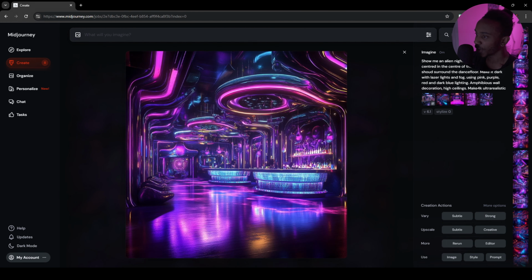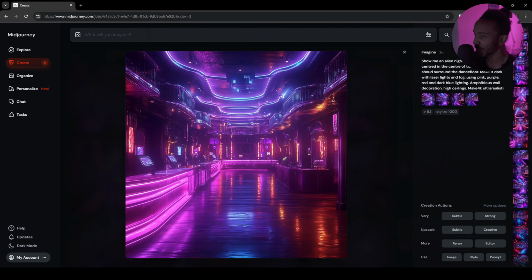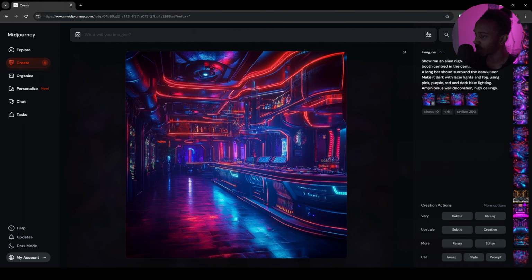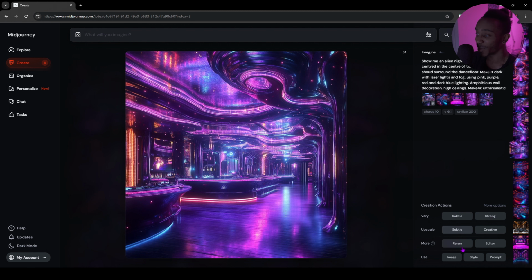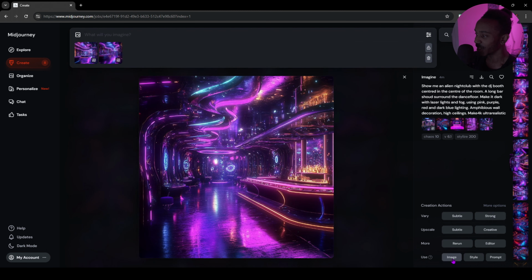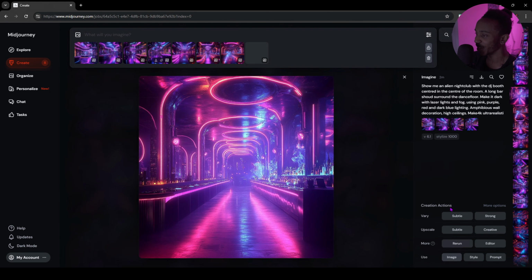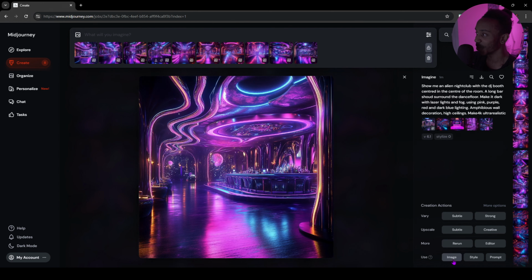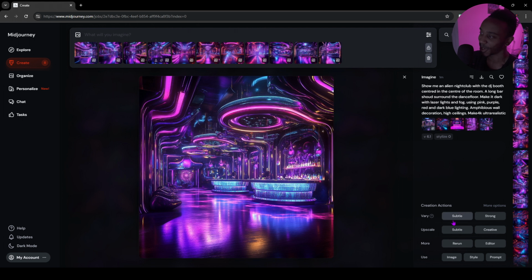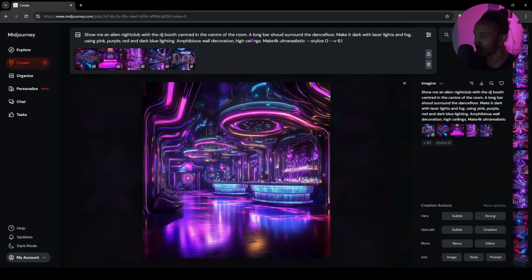I like these as well. So because I like all of them, from here we're going to put all of the images in just to see what happens. Image, image, image, image, image, image, image, image, image, image. Shot every time I say image. Image. Now I noticed that once I put the stylization down, it made it look more like that, which I like. Now if I put the same prompt in as well,